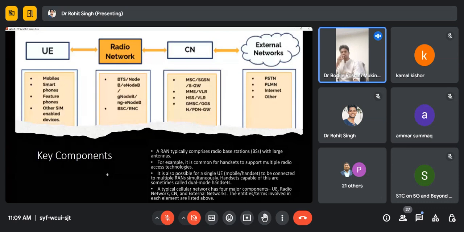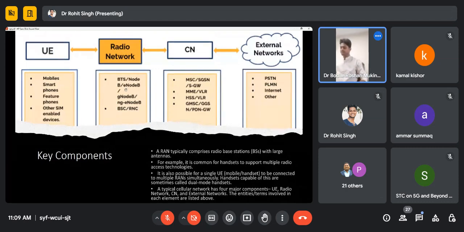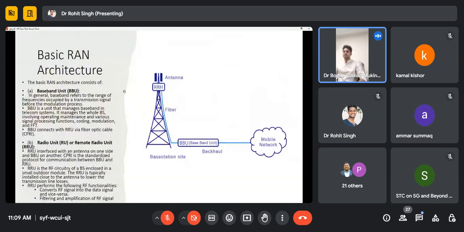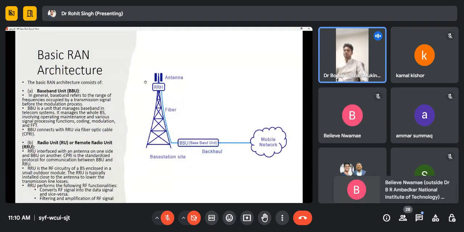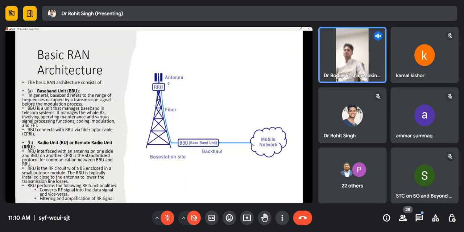Now coming to the equipment, what resides at the UE side, core network side and radio network side, we have also already discussed this. Also, we have discussed the basic base station architecture. In a base station architecture, obviously we have some antennas, some radio unit that is responsible for all radio operation, including modulation, multiplexing, etc. And also for processing, we have some baseband unit. Baseband units are responsible for